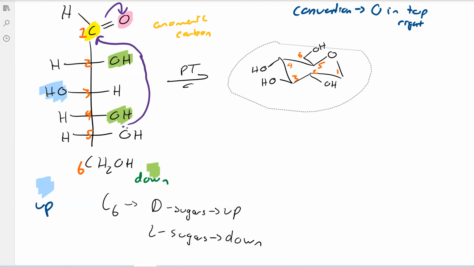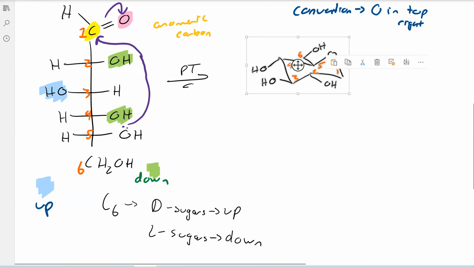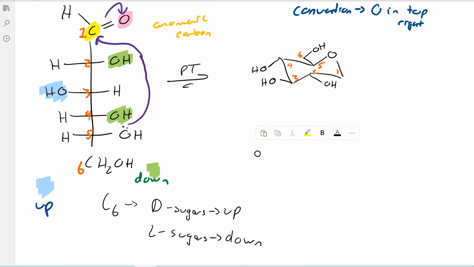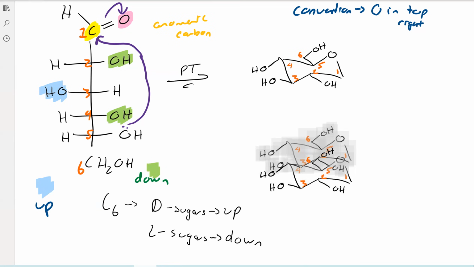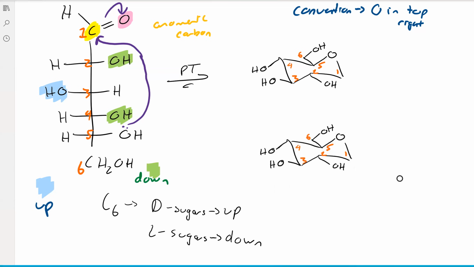And then I'm just going to go ahead and take this and copy it down here. All right, and so what we can have are 2 different what are called anomers, right? So we're going to label these as anomers to one another. And then one is going to be the alpha and the other one is going to be the beta. So this one is going to be our alpha anomer, and this one down here is going to be our